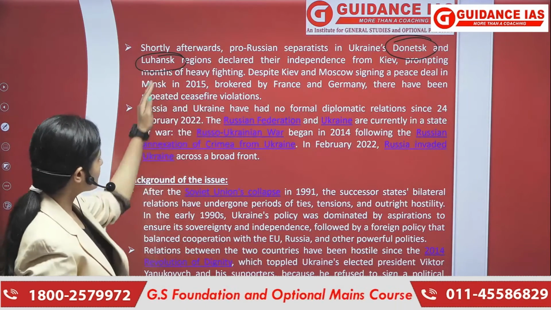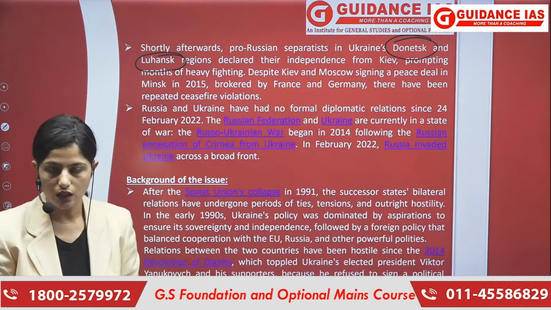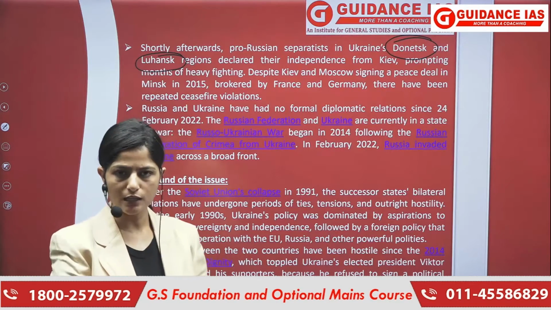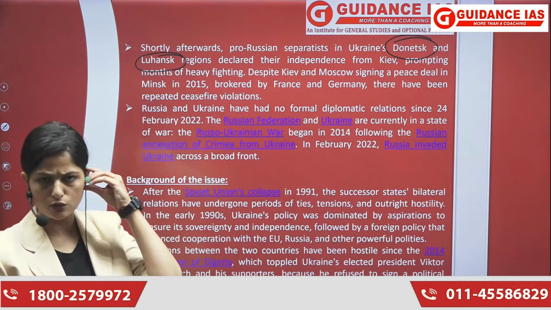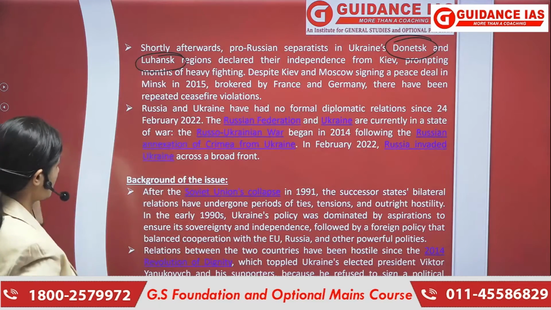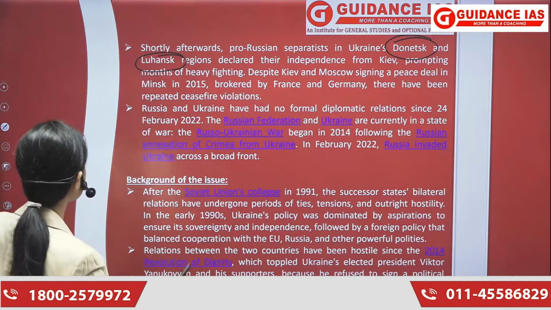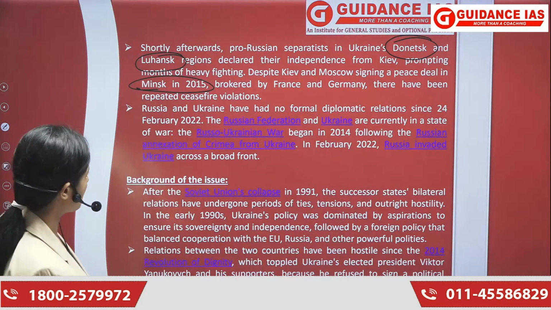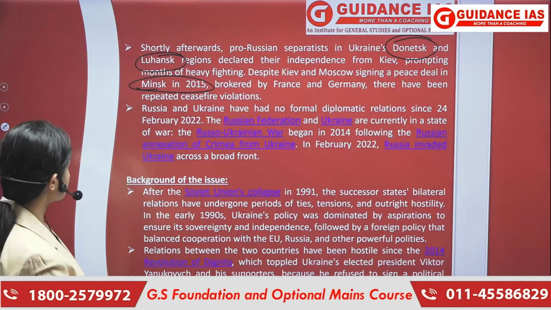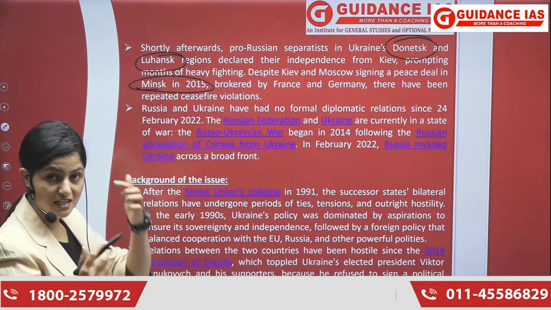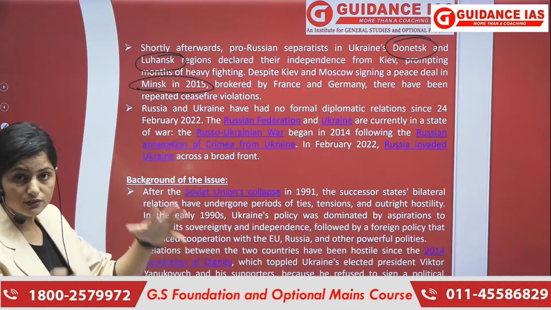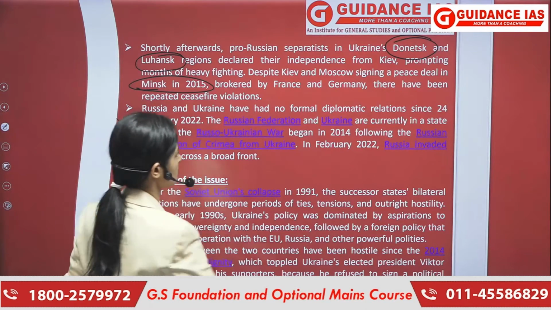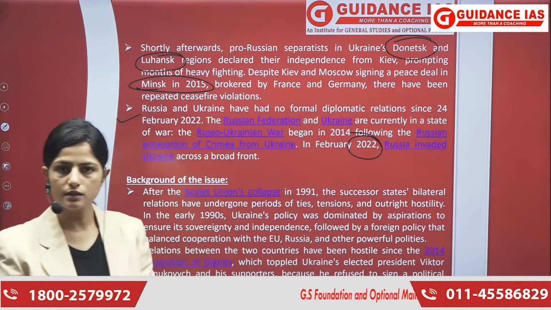And they declared their independence even after the Minsk agreement, which took place in 2013-14. Don't worry, I'll tell you in the next slides what the Minsk and the Normandy agreements were. We will read about them. 2015 Minsk agreement. I'll be explaining each and everything about these agreements, so you don't need to worry. But yes, this is one of those events because of which all of this is taking place. And the last one is, we know that recently, in 2022, Russia invaded Ukraine.